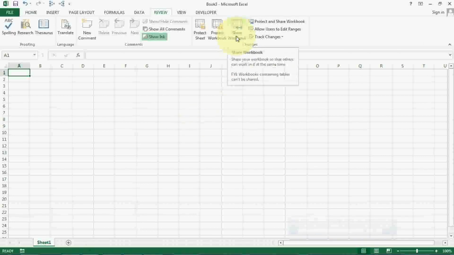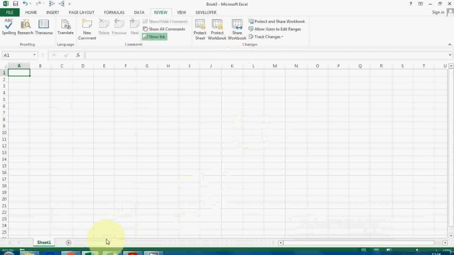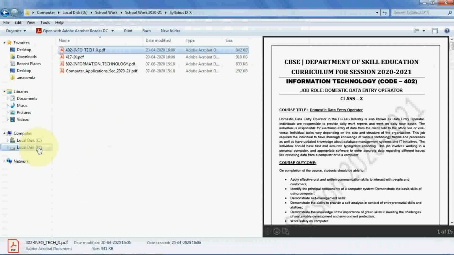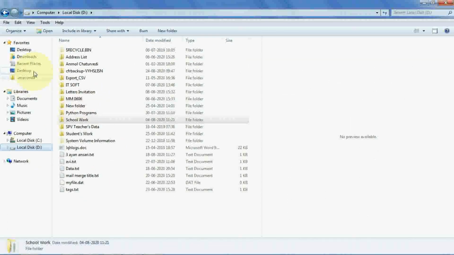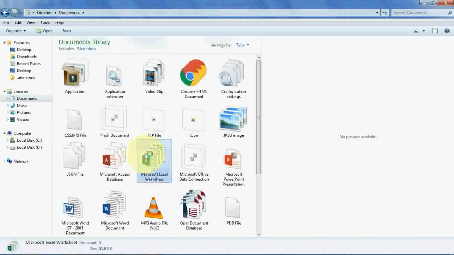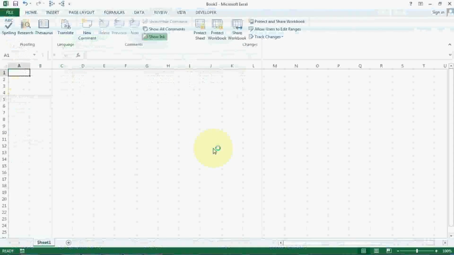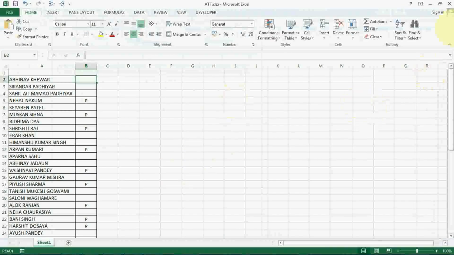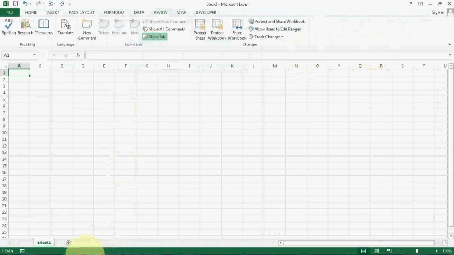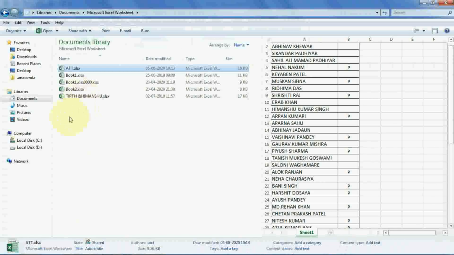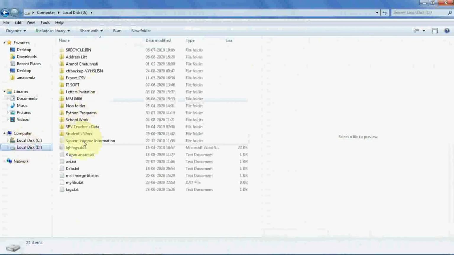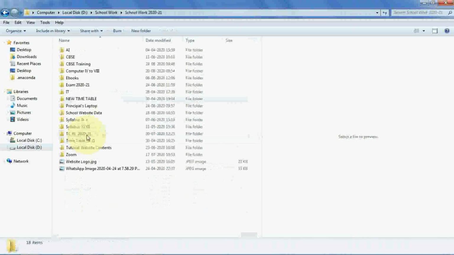Click on this. Basically, with some files, whenever you are working, it shows a message like this. So let me open a file which is available in my computer. My documents, my worksheet. Suppose this is ATT, an attendance file I have created. It is opening directly, not shared. Let me try some others which are shared, because we need a shared worksheet.